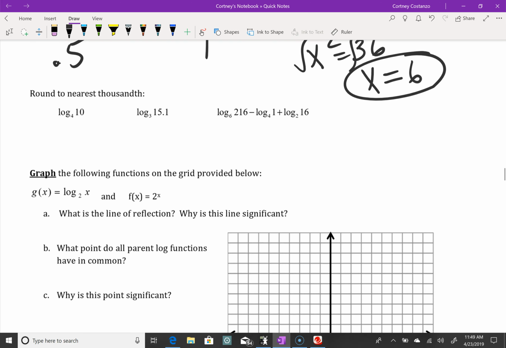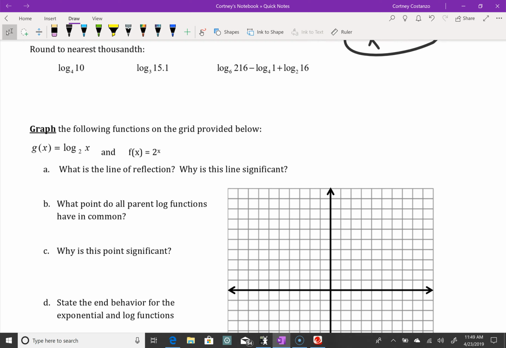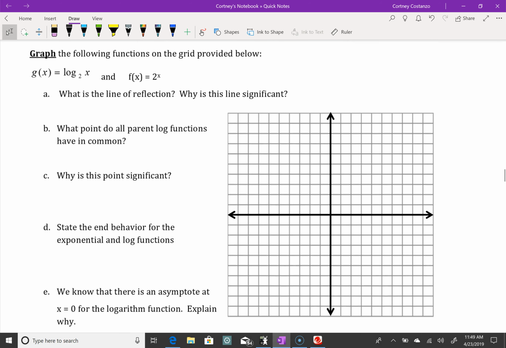All right, moving on to graphing this next section. We are going to graph the log, and then we're just going to talk about the whole asymptote thing. So in this log here, log base 2 of x, if we type log base 2 of x in our calculator,